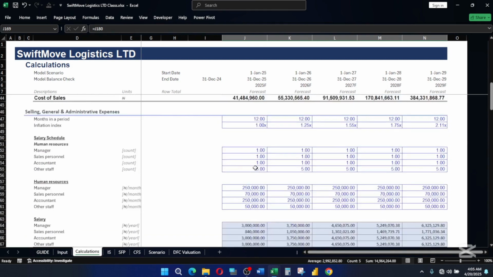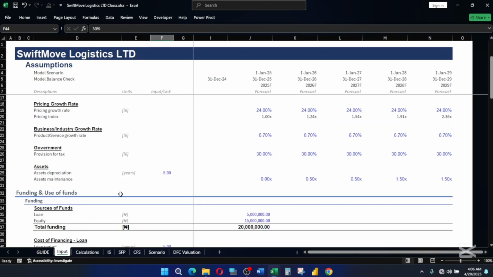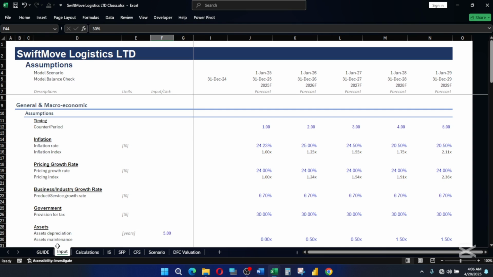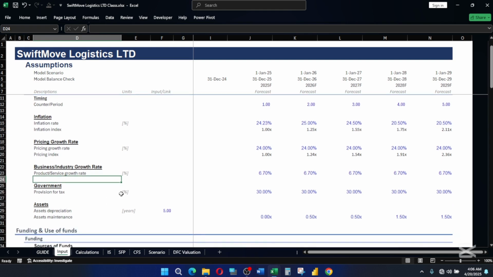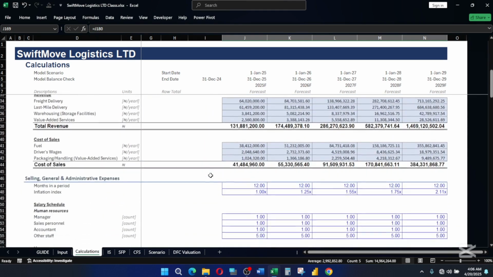Now you can see how we started off by building our calculations. The entire model started by building the model assumptions, which is the input. You can call this assumptions or input, it's still the same thing, or the model drivers. Each of these drivers is either revenue or cost. So this is how we started. We started by building these assumptions, and we proceeded into building our calculations, and we saw how we integrated all the assumptions we have made into building